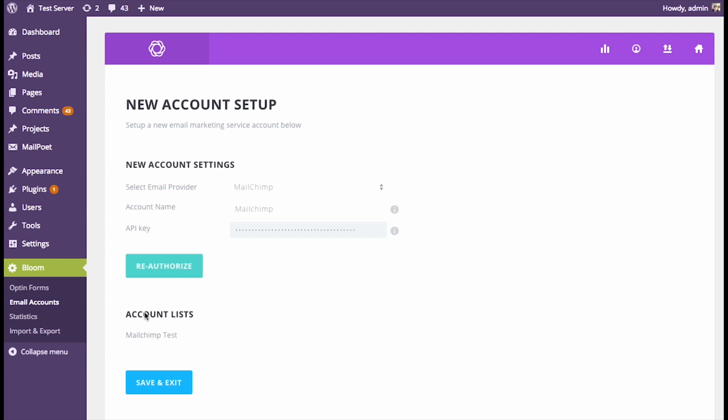You're going to see that Bloom now has access to your MailChimp list, and you're going to get a list of all your MailChimp lists as well. So I have one MailChimp list created. I just called it MailChimp test, and so Bloom sees that. It's added it